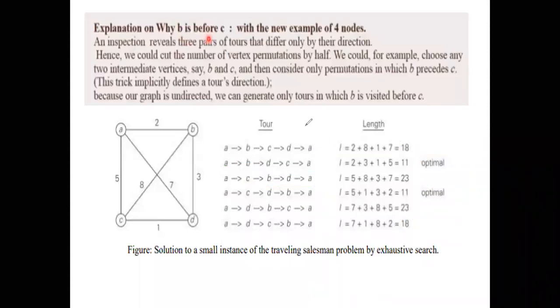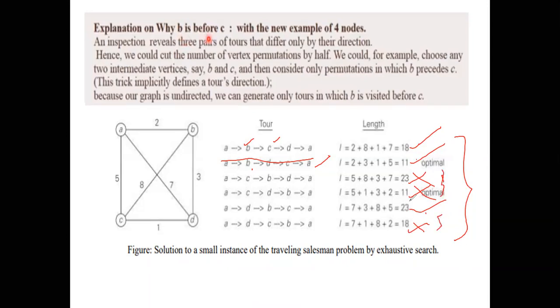if you see over here, B comes before C, so this is okay. Here B comes before C, so this I will also consider. Here B comes after C, don't consider this. So here B comes after C, so don't consider this particular path. Here B comes before C, consider this. Here B comes after, so don't consider. We are considering only one particular path, and the repetition has been avoided here. So you see 18, 11 and 23, the remaining repeated paths have been